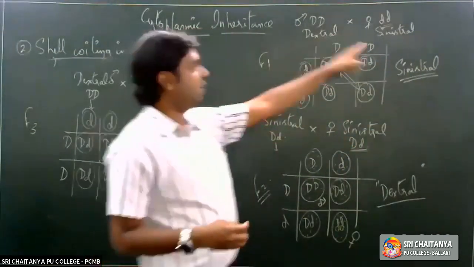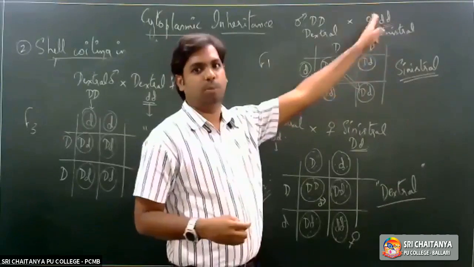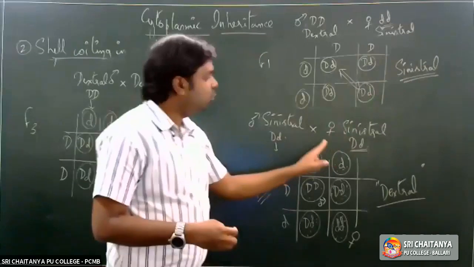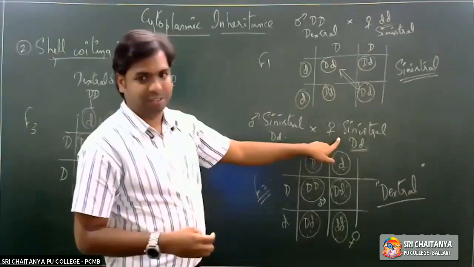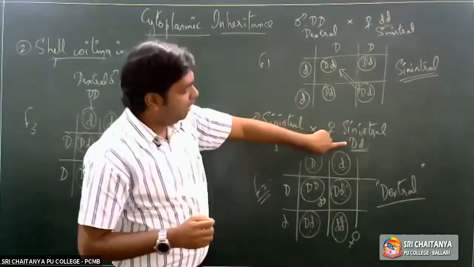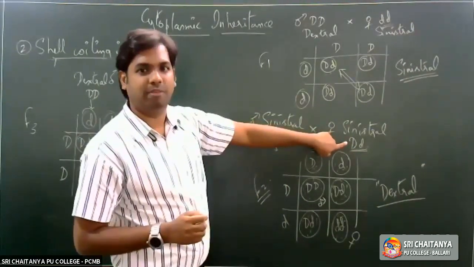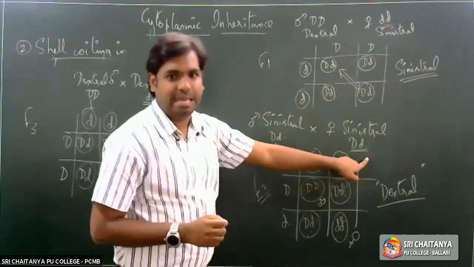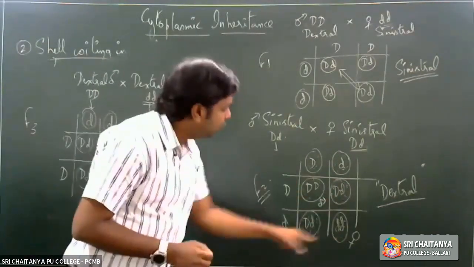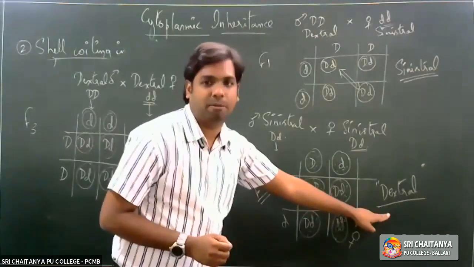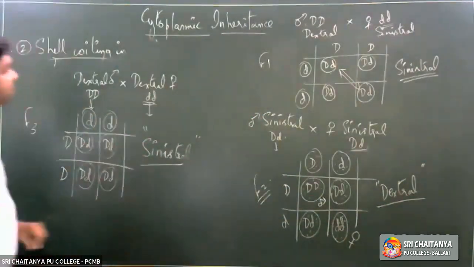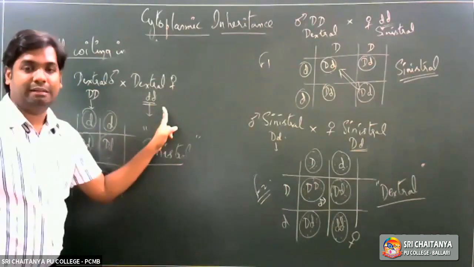So in the first case, if we see, a sinistral female was present, so the protein was not produced. So all of the offspring were sinistral. In the F2 generation, if we see, a sinistral female is present. So the F2 female parent is sinistral. But since there is a dominant allele present here, protein is being synthesized, and that protein from the cytoplasm is passed on into the offspring. Therefore, all the offspring in the F2 generation would show dextral type of coil, even though the genotype is small d and small d.